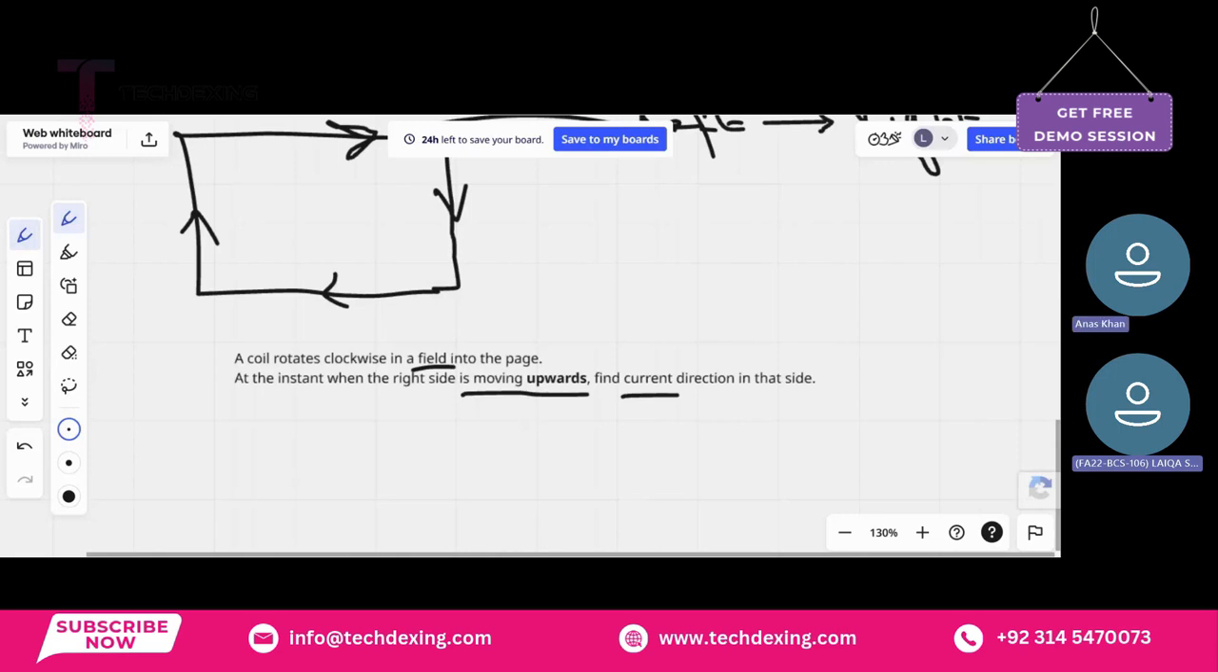So, which rule will we use when we are given the magnetic field and the motion, and we have to find the current? Yes, it's Fleming's right hand rule, because we are given motion, not force. So, according to Fleming's right hand rule,